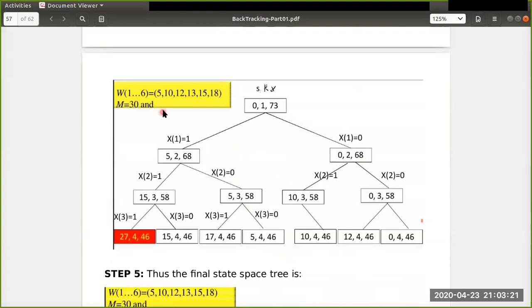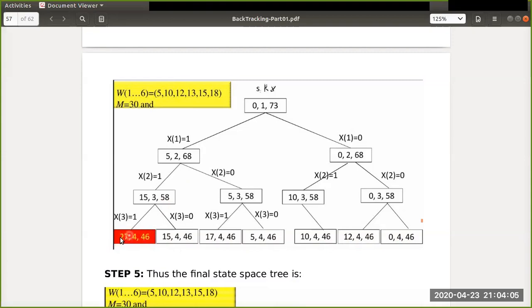Here, suppose the first item is included and the second item is included. This is the generated node's S value. If I include the third item also, it will be 15 plus 12, which means 27, and fourth iteration. So I need to decrease by the third item weight, that is 58 minus 12, which is 46. In this level we know the R values: for every node the R value will be 46. Here it is 27.